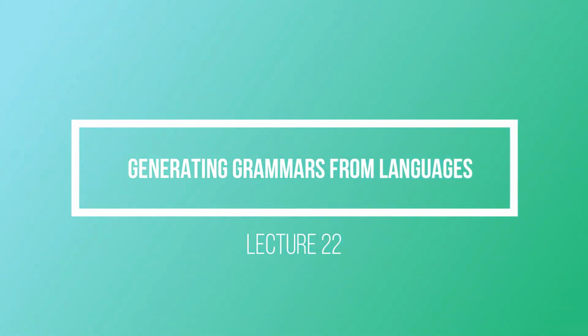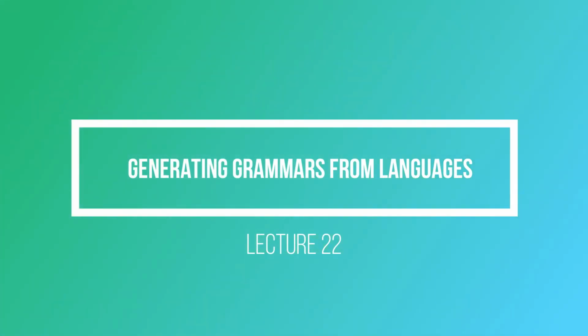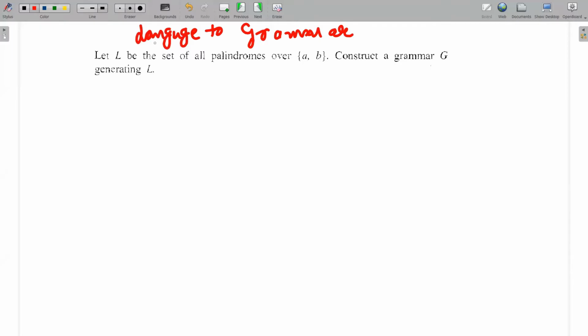In today's video, we will be discussing how language will be converted to grammar. It means our language is given to us with input symbols, and we have to generate grammar rules for it. The first question you can see over here is: let L be the set of all palindromes over A and B. It means you have to generate